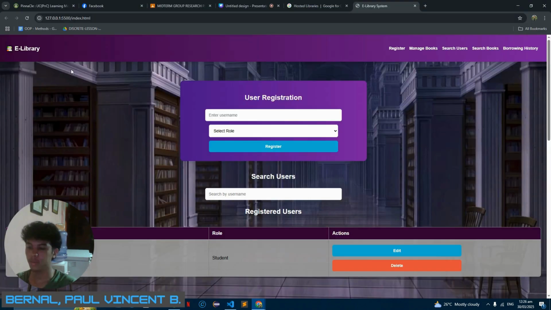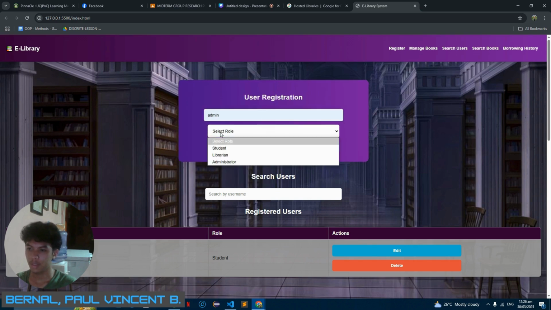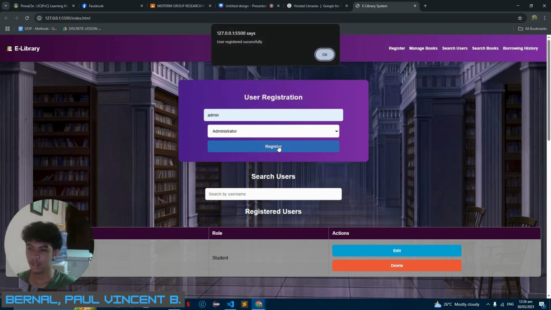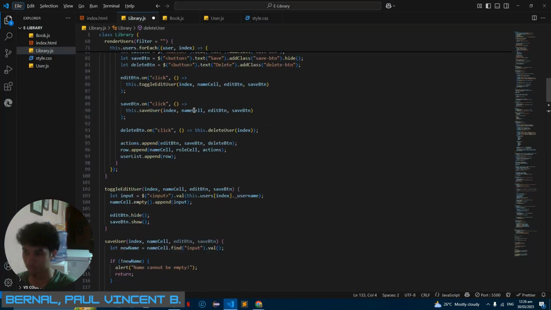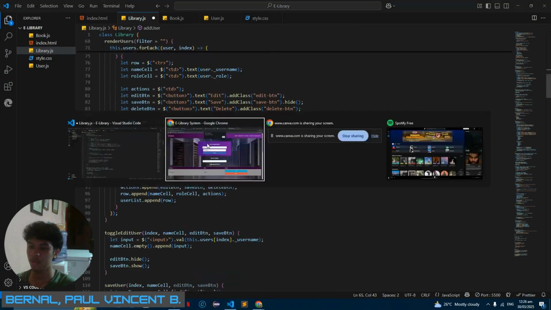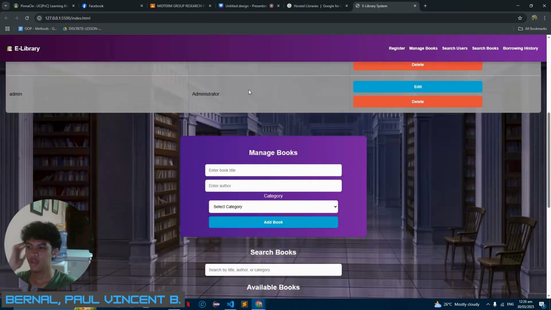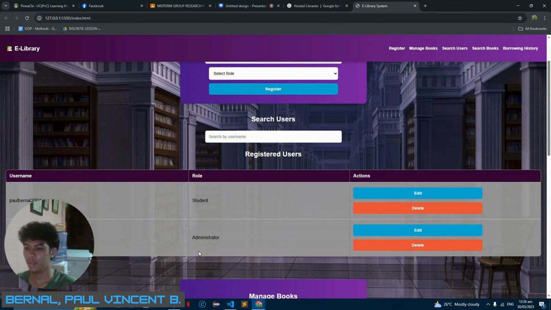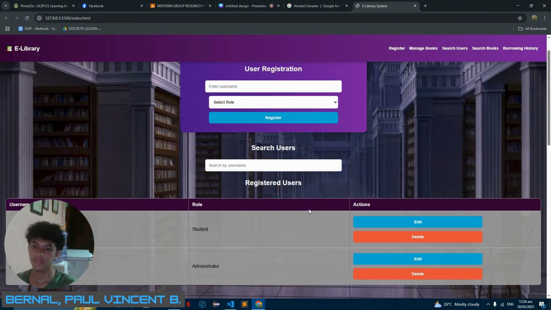So back to the output, and I'll show you this. For example, I enter admin and administrator and click register. Once a user is registered successfully, there's an alert, user registered successfully. Okay, and now in the table there's an admin and administrator. For the edit button, we are allowed to click this.